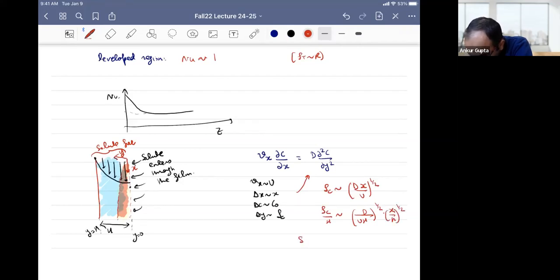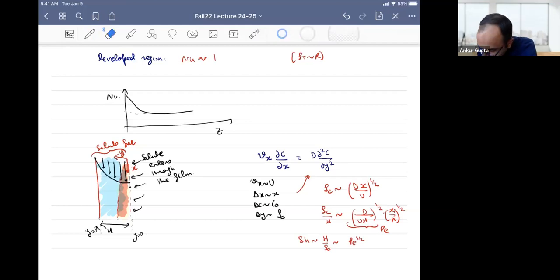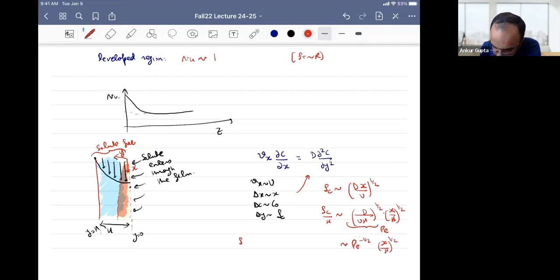Or the Sherwood number here, which you're calculating, will be h by delta c, and this is the Peclet number. So it will become Peclet number to the power of half. Let's just write it down. It becomes Peclet to the power of minus half, x by h to the power of half, or Sherwood number is